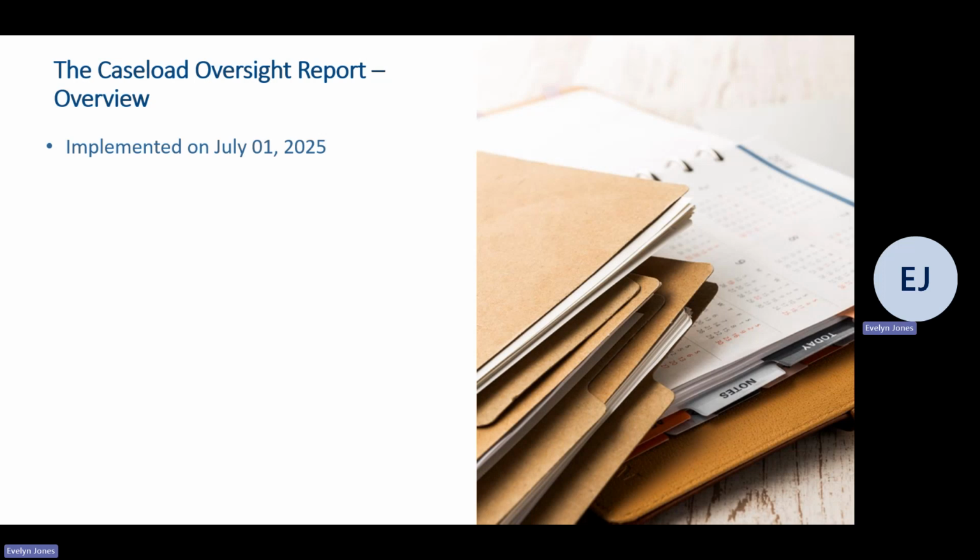The Caseload Oversight Report was implemented on July 1st, 2025, even though other requirements of the risk management came into effect in November 2023. Communication about the Caseload Oversight Report was sent out to all SAHs in Plans B and C on July 3rd, 2025. The report template was developed in consultation with the SAH Association Board and staff and RSTP.